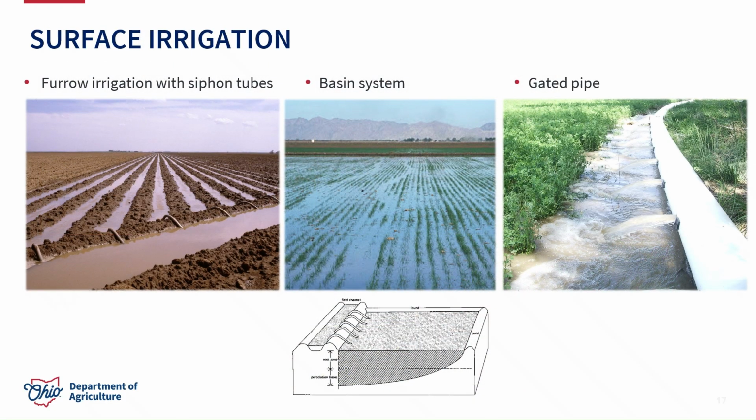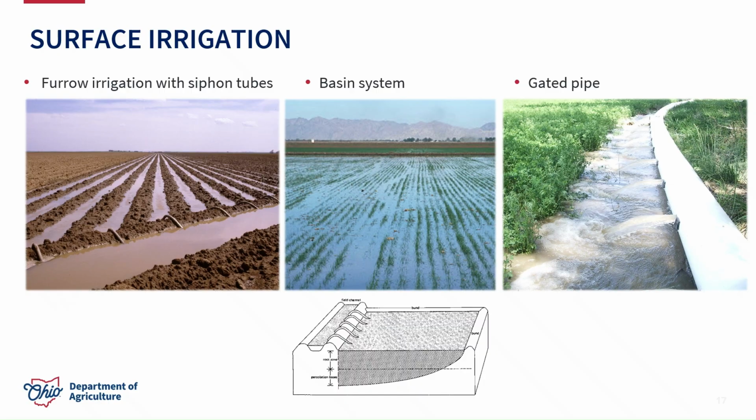Starting with surface irrigation, there's a couple really main common types. On the left, you may have furrow irrigation with siphon tubes where you have a main irrigation channel that was providing water, and water is being siphoned up and over a furrow into the different furrow rows to irrigate